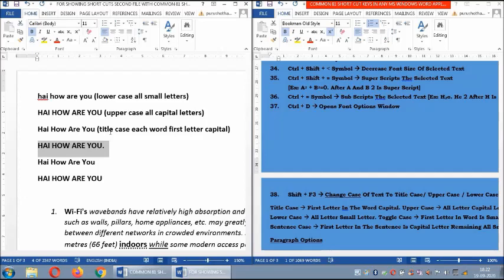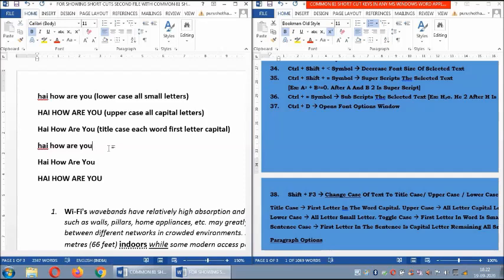Now it is not giving me title case because of the full stop. If I delete the full stop, Shift Home, Shift F3, now you see title case has come. Uppercase, lowercase.